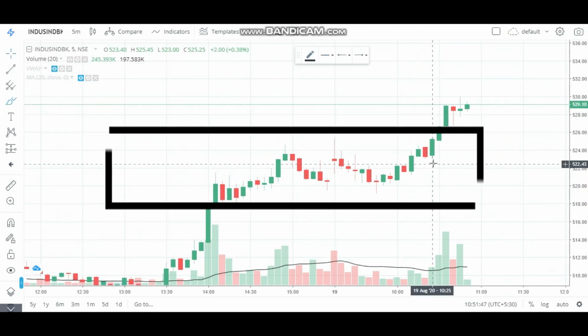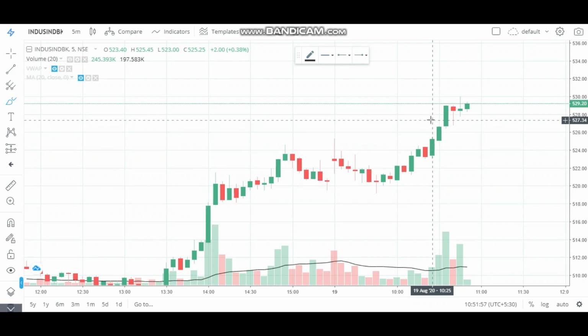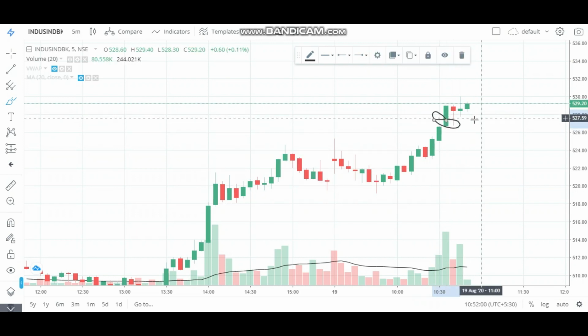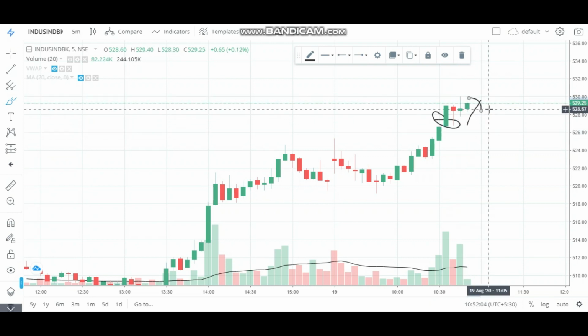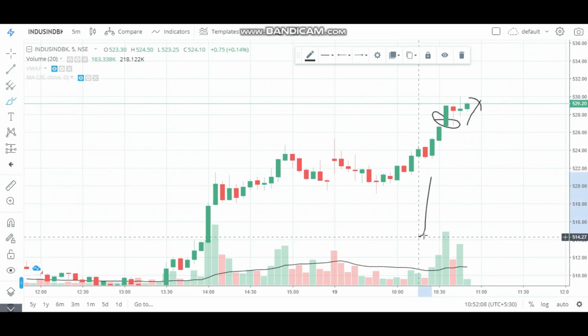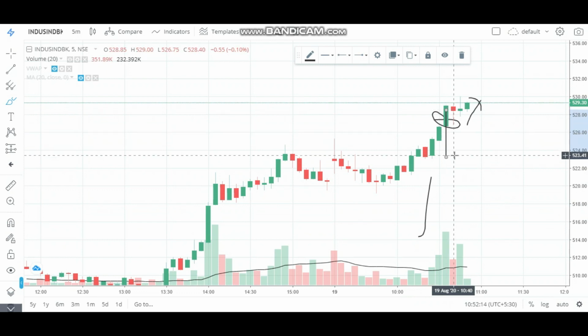The next section we should talk about is mindset. Mindset is the most important in this stock market business. So I exited my trade around 527 here at this position, but price is still making higher highs now. It is still going upward, but you should always follow your rules. If your target is hit, you should close the system. If your stop loss is hit, you should again just take one trade and you should close the system.